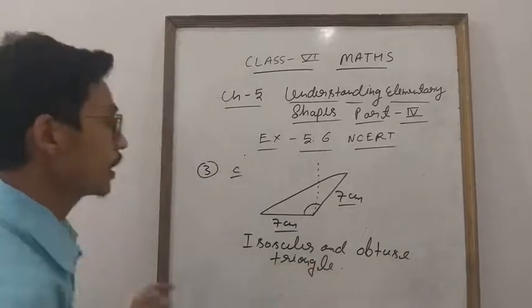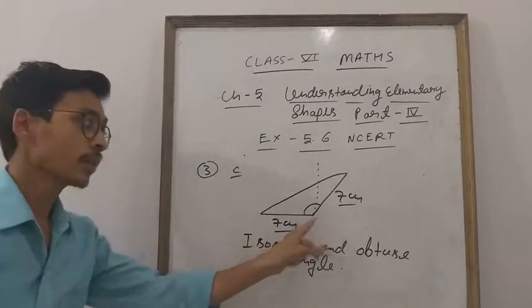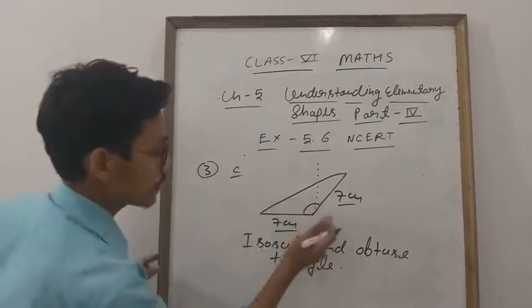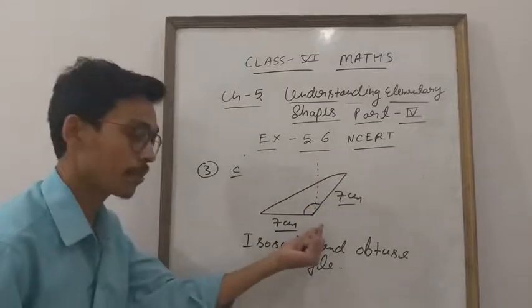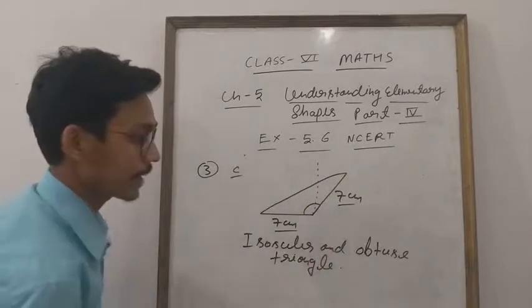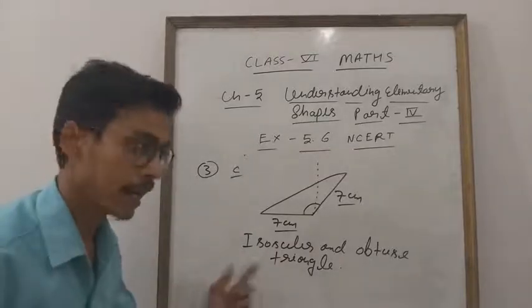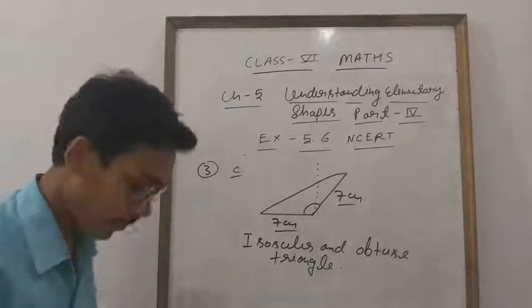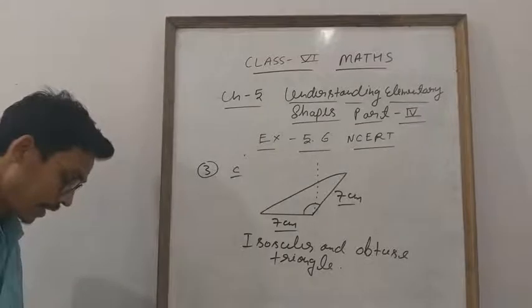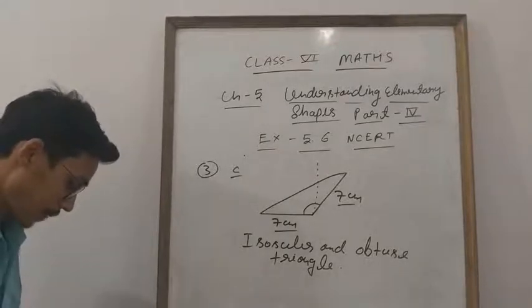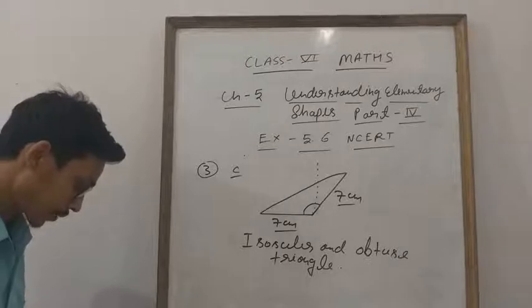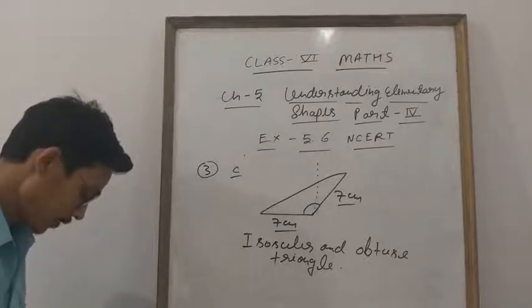Why does this happen, student? Because you know that this is more than 90 degree. Look, this is 90 degree and this is more than 90 degree. Okay? So this is simply an obtuse angle. And the second thing, both sides are equal. You can write down isosceles and obtuse triangle. Okay everyone? So I explained everything in this one. Right? You will not face any problem in this question. Clear? Now you will do all the questions that are given yourself. Right everyone?